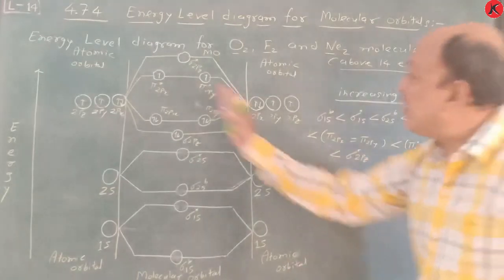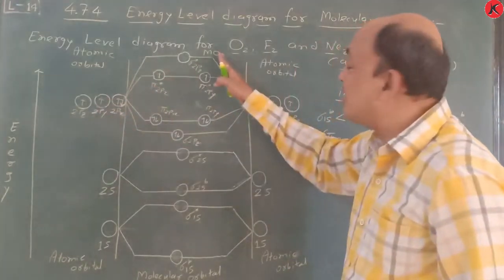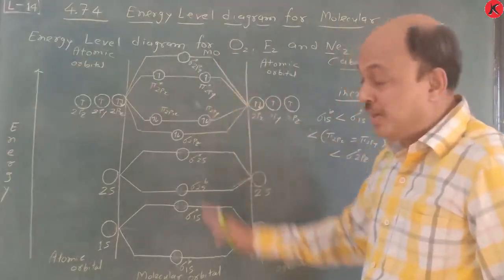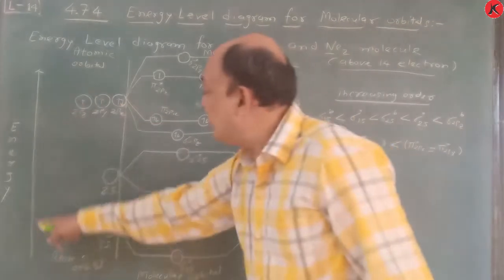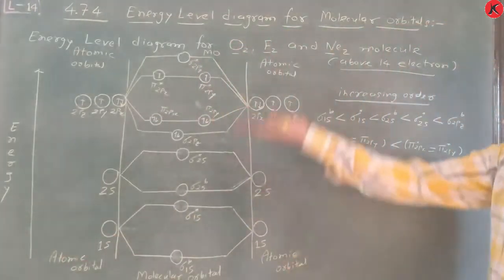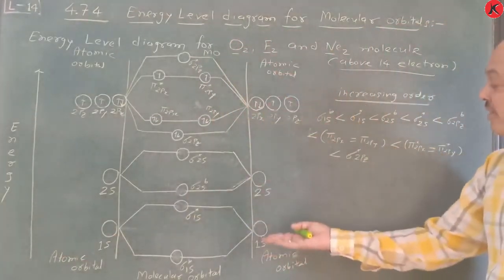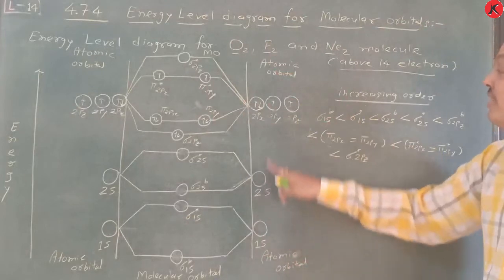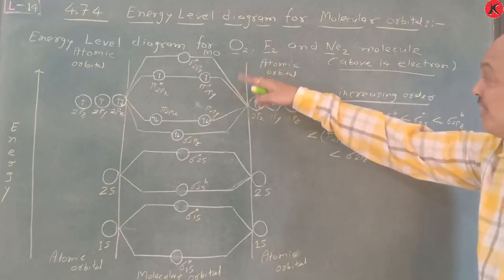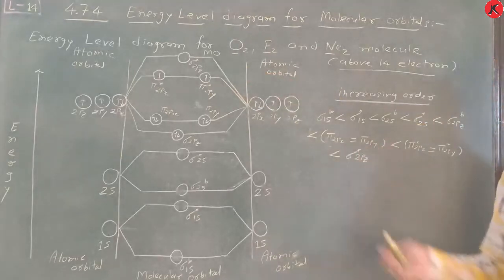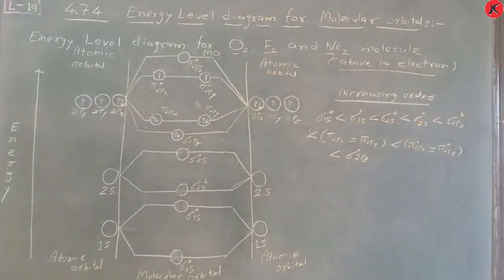This is an atomic orbital, this is an atomic orbital, and this is a molecular orbital of a particular molecule. So take a screenshot of this. Don't forget to write energy, this is very important. Energy is increasing upward. The 1s orbital has lower energy, then 2px, 2py, but 2pz and sigma star 2pz, you see, the molecular orbital has higher energy. So write it completely and take a screenshot.